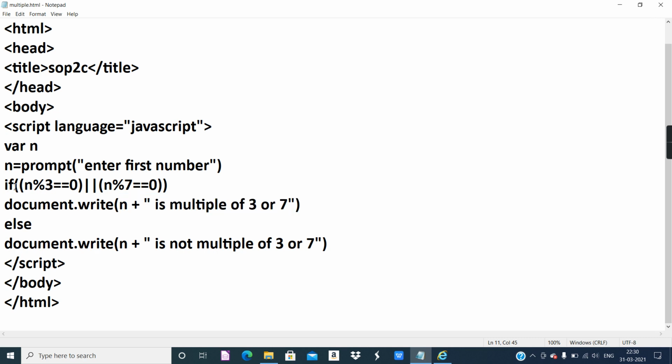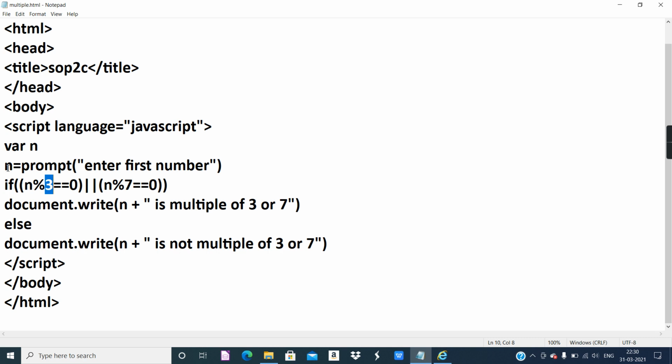Now, write this carefully. Make the structure carefully for the condition. So this is the first condition. This is the second condition. I hope you understood the use of the modulus operator, or the mod operator. After division, it stores the remainder.